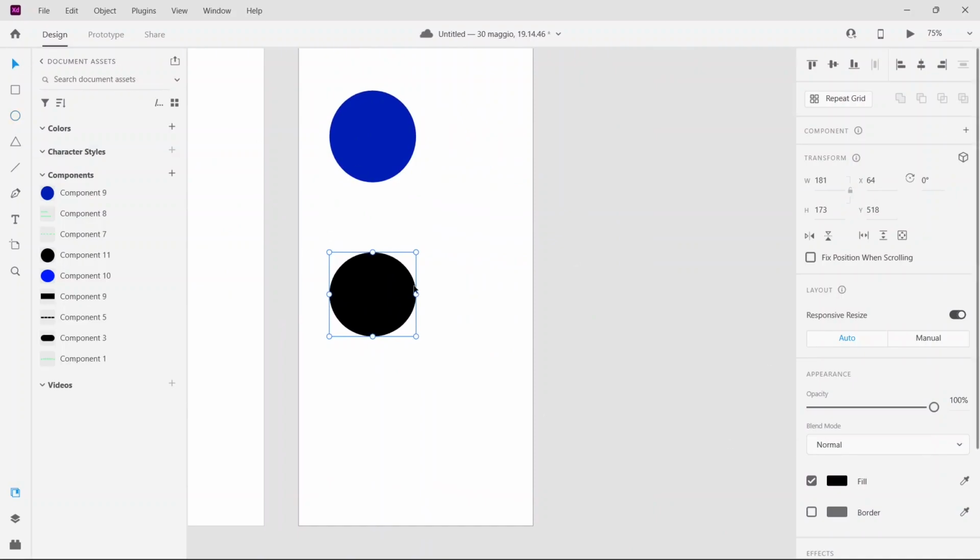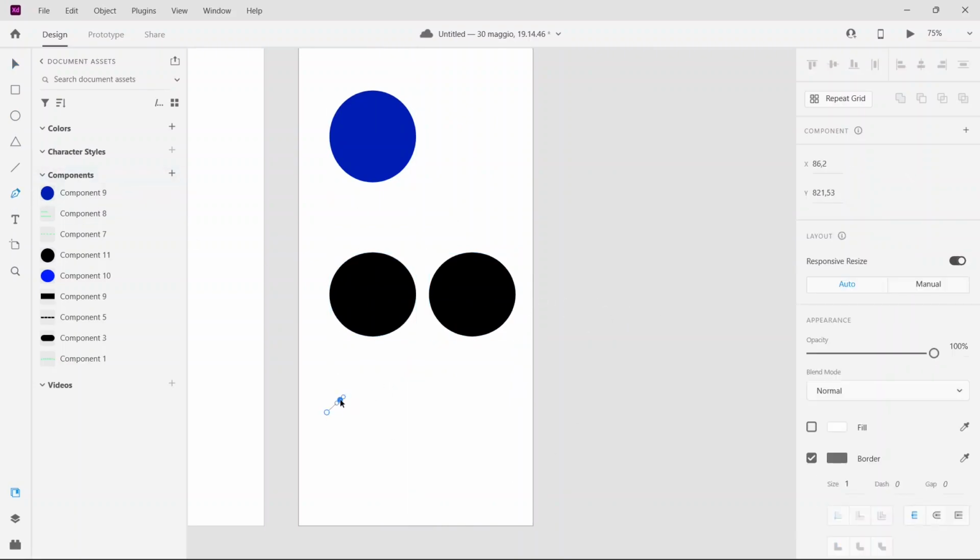We can create a copy of this circle to create the mask, and we can also create a shape with the pen tool. So we can use the handles to create the shape that we want. We can create a shape that closes, and